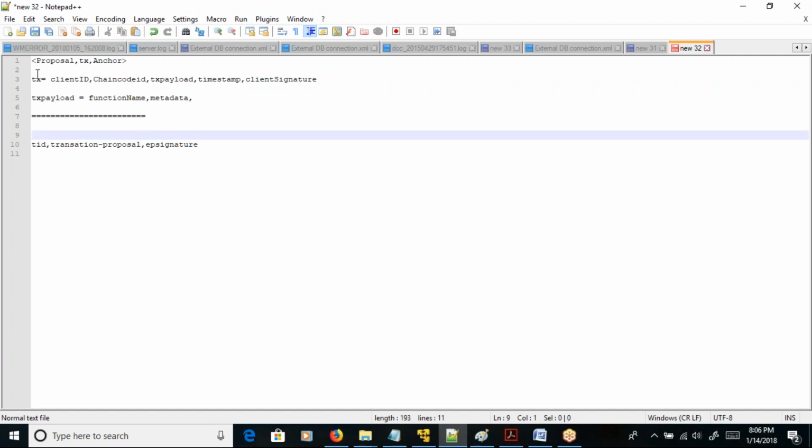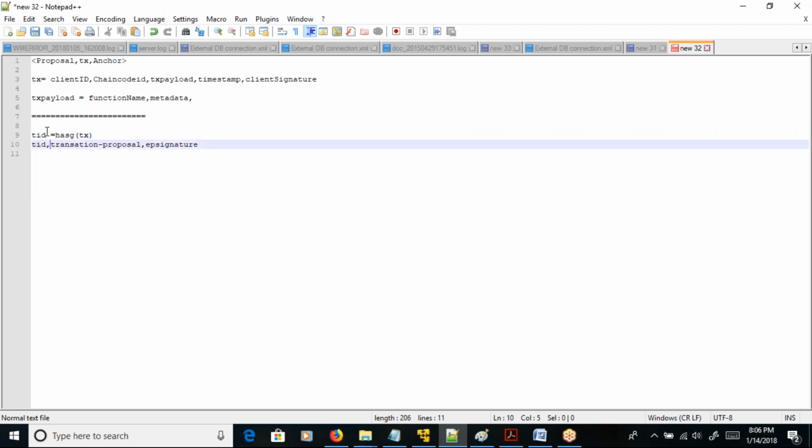So this is your transaction, right? Your peer will calculate the hash value of your transaction, and this value is called the transaction ID. This is your transaction ID. Then we have the transaction proposal. Now the transaction proposal